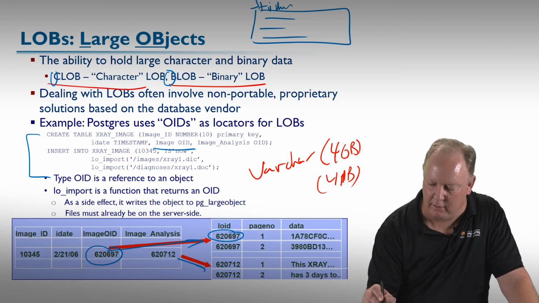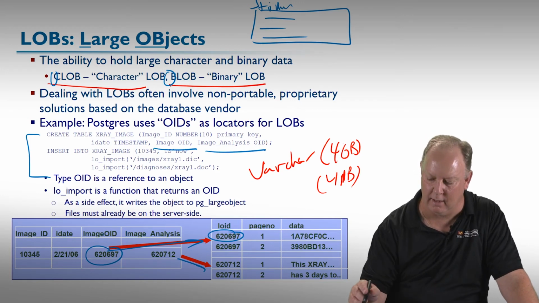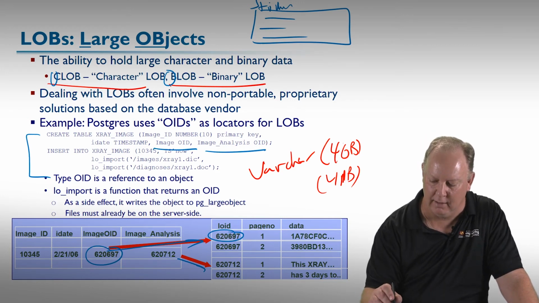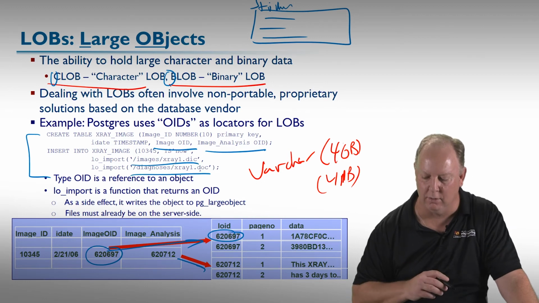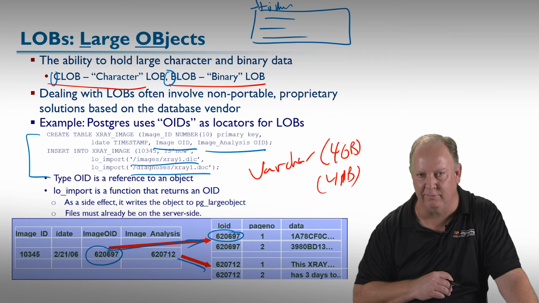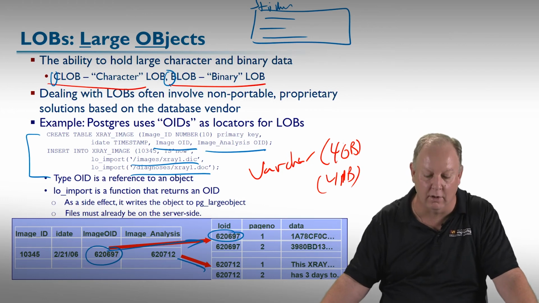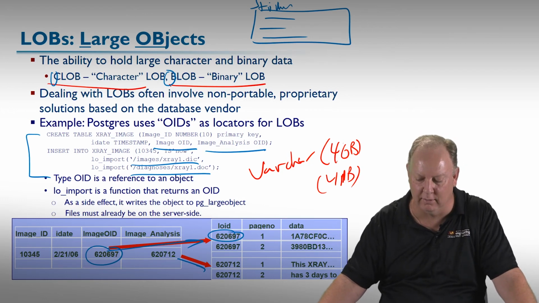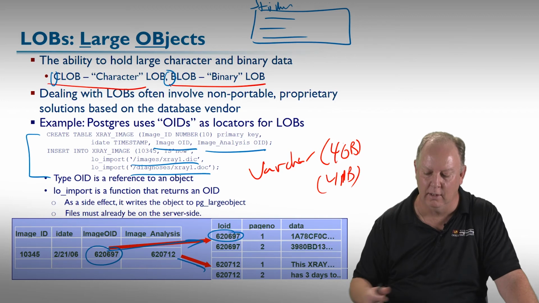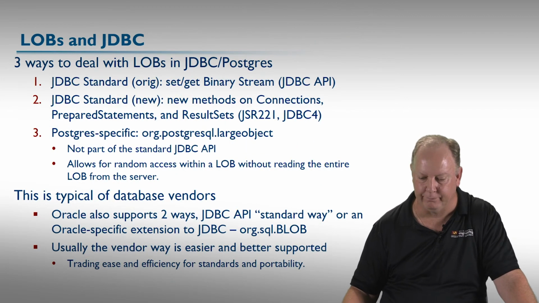But notice how we declared these types of OIDs as the object identifiers, and then indicated files that I could go read into via an insert using these built-in functions. Right? LO import, that function is only defined for Postgres. You can't go over to MySQL and use large object import and get the same thing. So again, there is a specific way of doing it per database vendor.